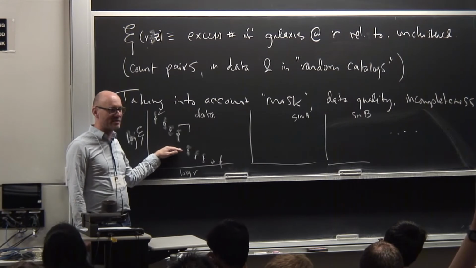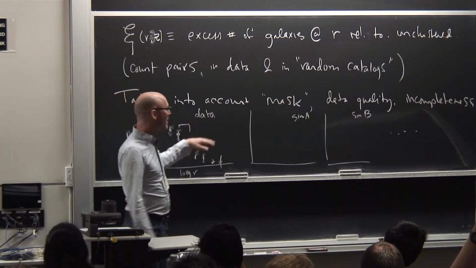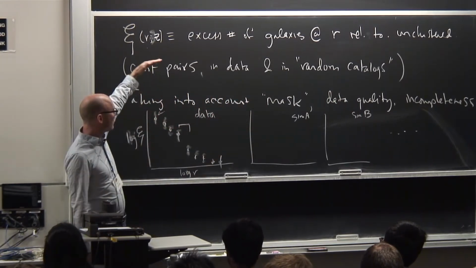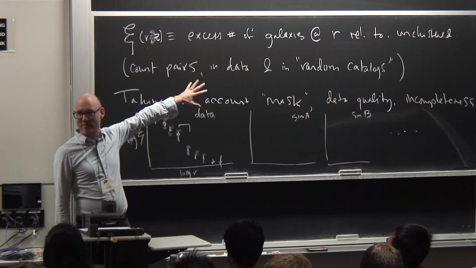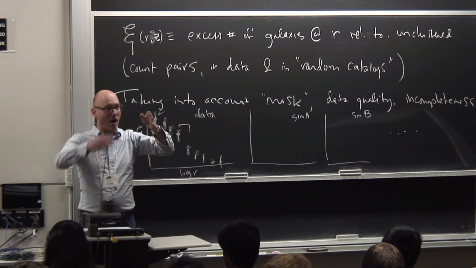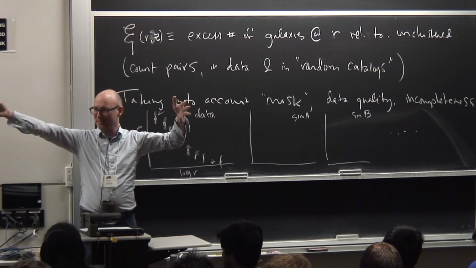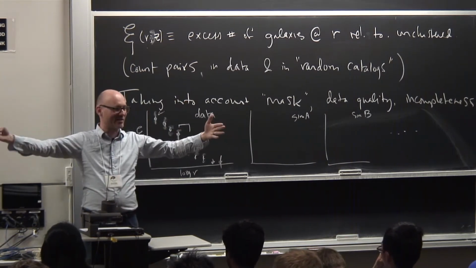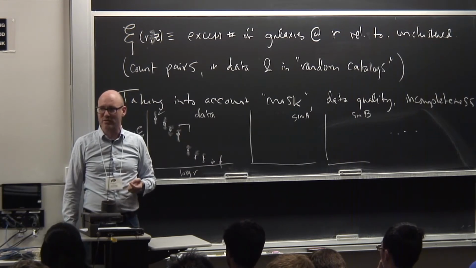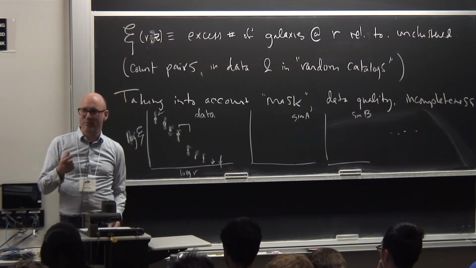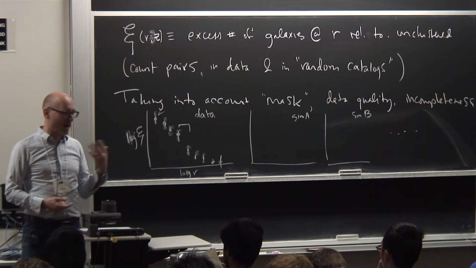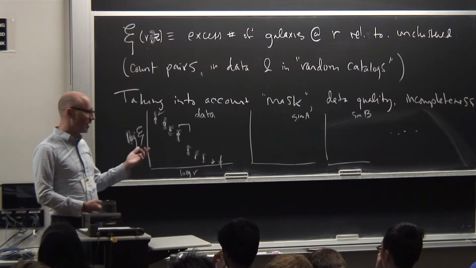I describe these projects in real space in part because I think it's easier to describe, and it's also easier to think about these problems in real space than in Fourier space. But the exact same set of operations can be done in Fourier space. What does it look like in Fourier space? You project the data onto sines and cosines, and you project the random catalogs onto sines and cosines, and you take ratios of products of those projections, and that produces your power spectrum estimate.